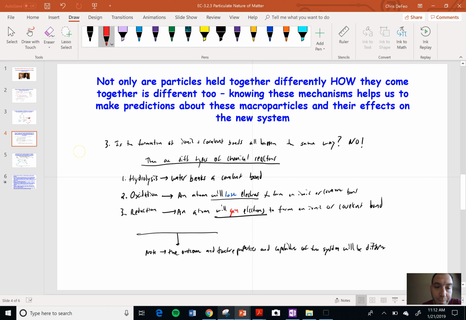And this is important when we consider that not only are particles held together differently, but how they come together is different too. Knowing these mechanisms helps us to make predictions about these new macroparticles and their effects on the new system. So what does that mean? These different types of covalent bonds can happen differently. Hydrolysis, recall, is how water breaks covalent bonds. So when water breaks a covalent bond, you're going to, of course, have a different set of molecules than if you go through an oxidation process, where an atom will lose electrons to form an ionic or covalent bond. Of course, you can have reduction reactions where an atom will gain. Now remember, reduction does not mean that the charge will be going